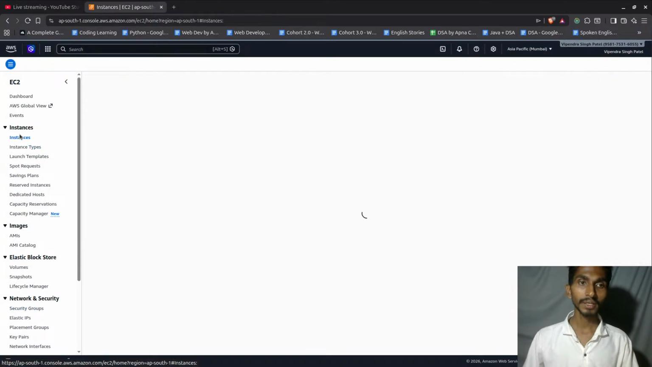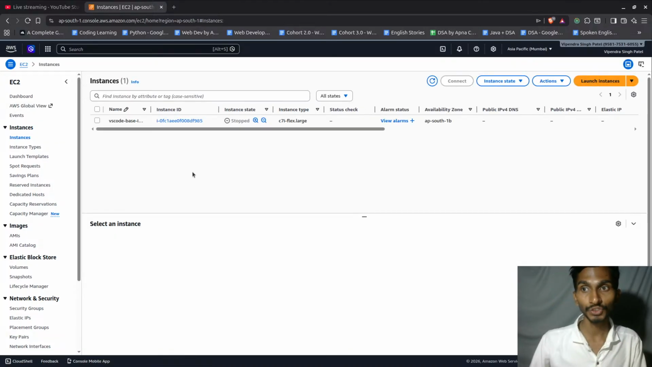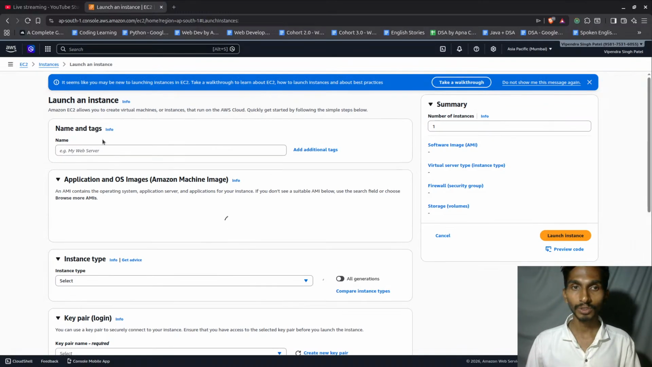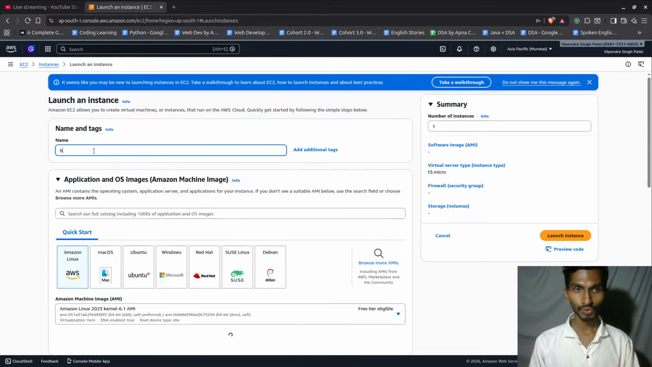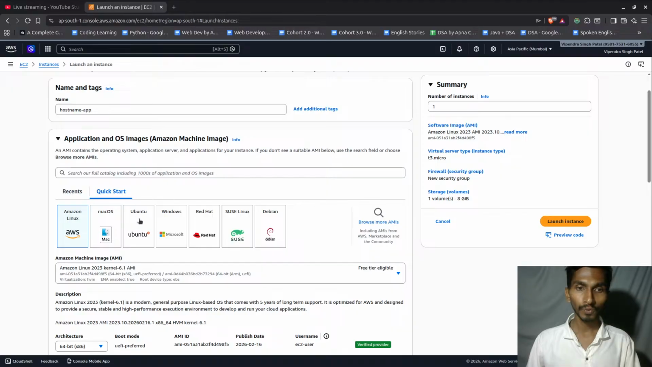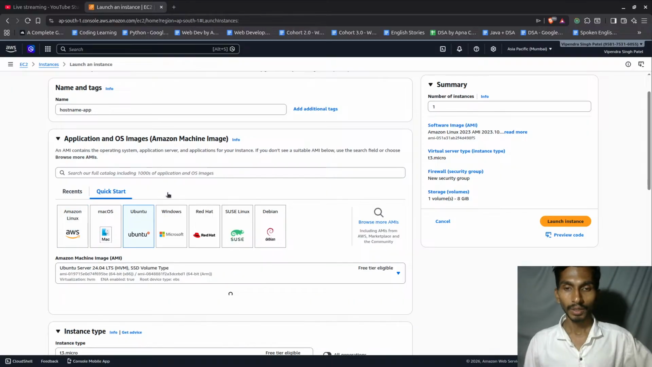So I'm gonna be creating the auto scaling groups, but before that I need an instance. So in this VS Code, let's simply launch an instance from here, and that's gonna be host name app. It's gonna be quite quick. Hopefully I will not face the issues and all. And once this is done,